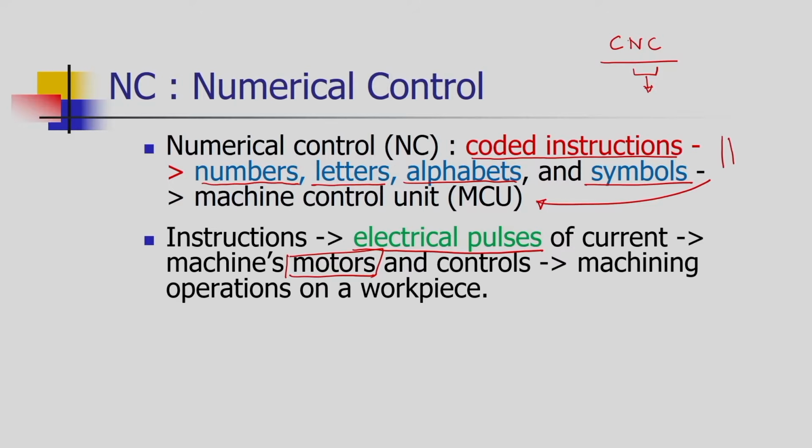Moreover, the machine control unit is getting feedback from various sensors, and based on that sensor feedback it may take the decision to adjust or vary the number of pulses to be generated and given to the motors. That we call the control. So the operation of the drives and control of the drives will be done by the machine control unit. As the motors are running, we are getting the required operation. In a CNC milling machine operation, the machining would be carried out.